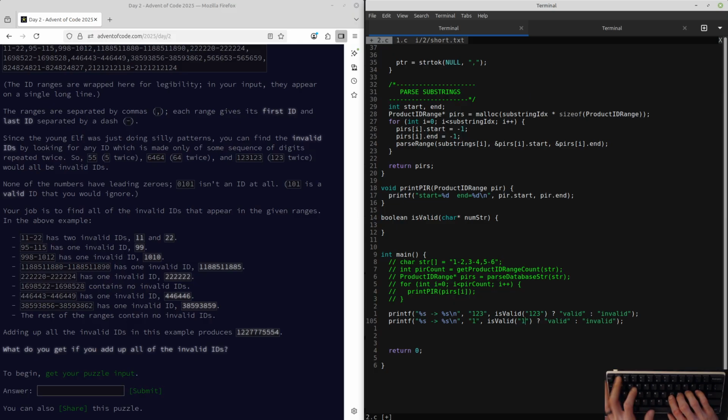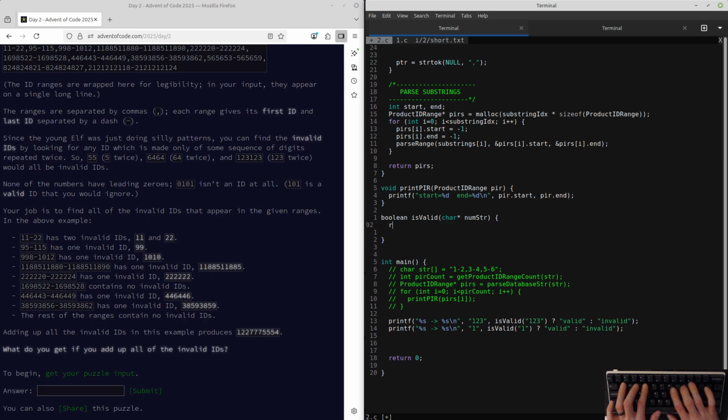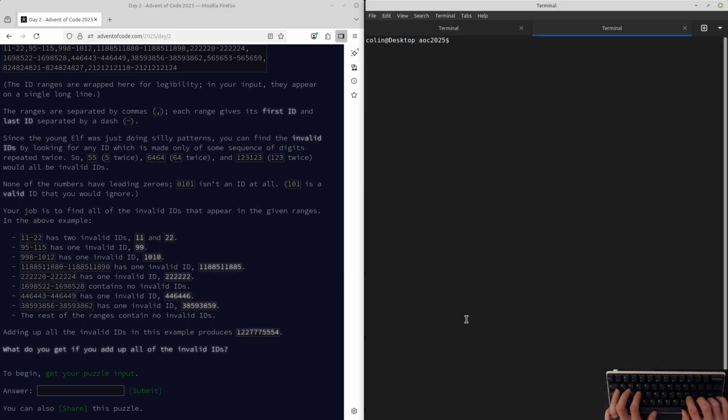We'll do a few valids. The thing is, we could put in some logic to have the expected value, because right now this has no expected value and is going to be manually checked by me. So if I hardcode it to return true right now, and then we run that,